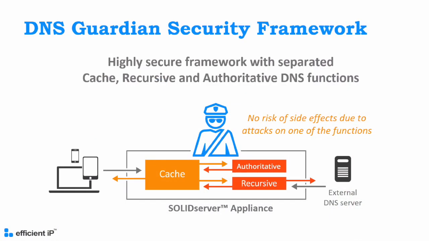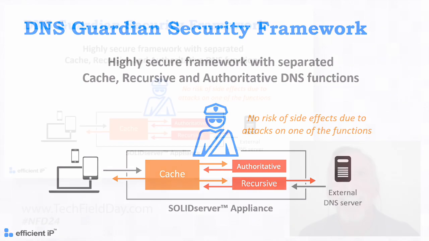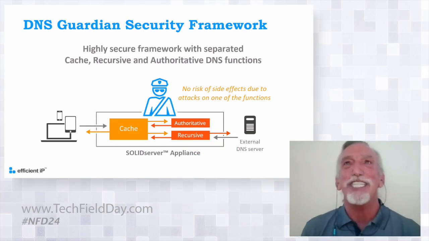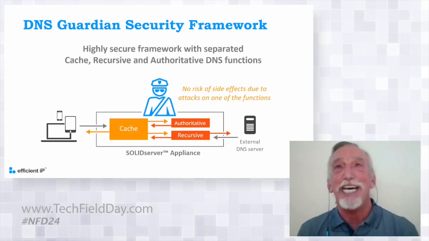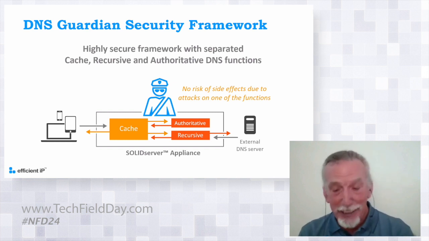This is the Guardian. So what we've done with Guardian is we separated out the cache, recursion, and authoritative DNS functions, right? Bind does them all. We do it, right? Instead of Bind having to do it. And again, the number one that we get on that is that if the bind process goes down, it's real easy for me to switch to unbound. And bind and NSD for the authoritative. So we split all that out. The other one that we split out is cache.